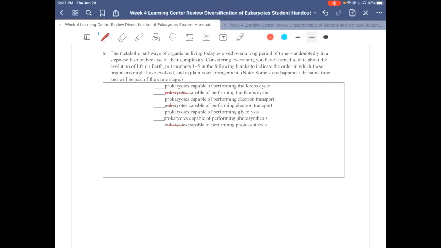So Krebs cycle is indirectly going to require oxygen. Photosynthesis is going to require oxygen. Yes, glycolysis, that is the one that doesn't require oxygen. So this combination, the prokaryotes and the glycolysis one, seems to be the most primitive one. So we can go ahead and say that's what evolved first. So we know glycolysis occurs in the cytoplasm and can occur in the absence of oxygen.